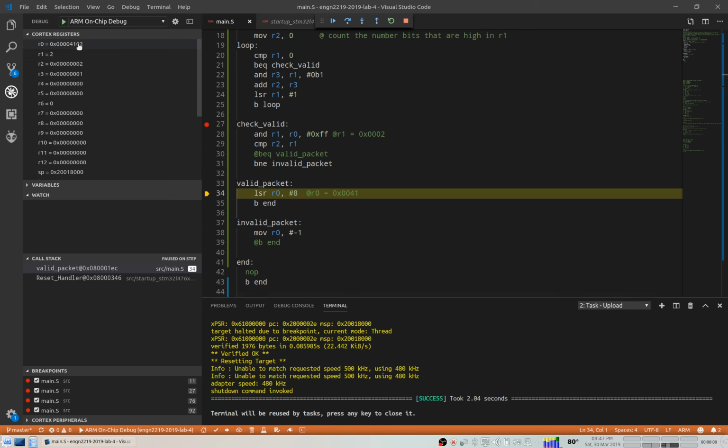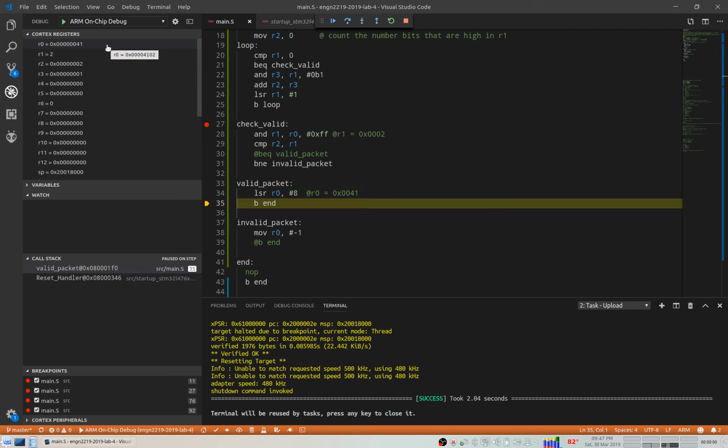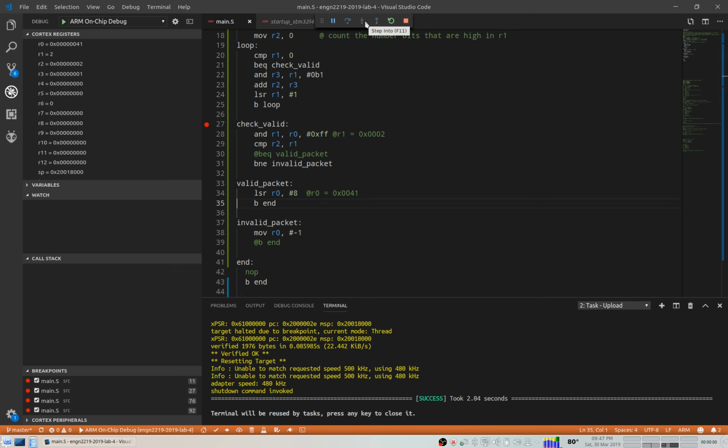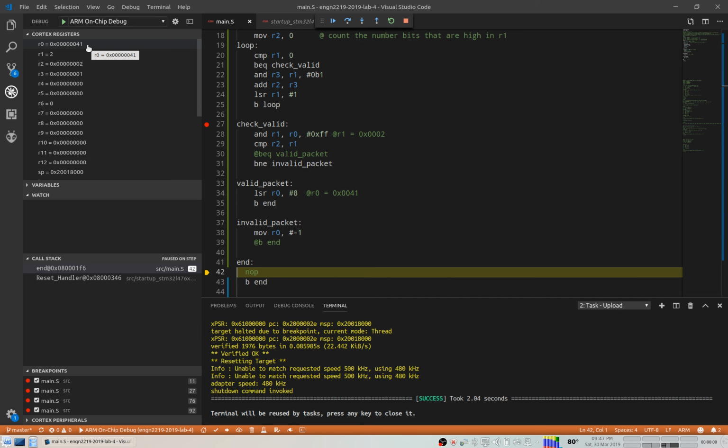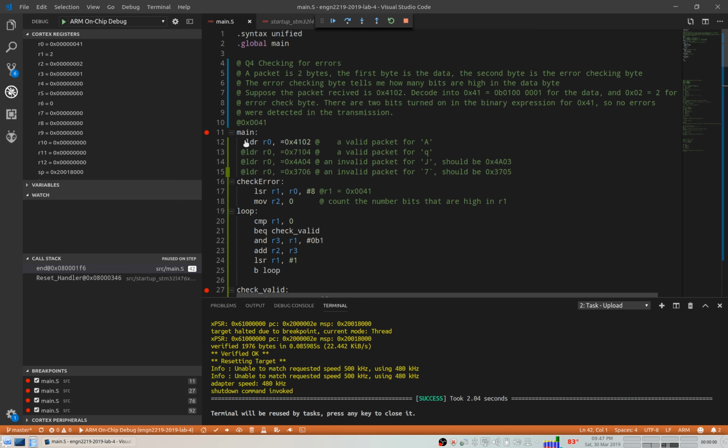I take R0, I shift it down by 8 to extract the data, and then I go to the end, and we're done. So the end result is we verified the packet is indeed valid, and there's a 0x41, which was the original data packet, left in R0. There's an exercise that might be useful if you pick something that isn't a valid data packet, like this one here, and step through the code, and you'll see that the number of bits that you count in 0x4A and the number of bits that you expect, they don't